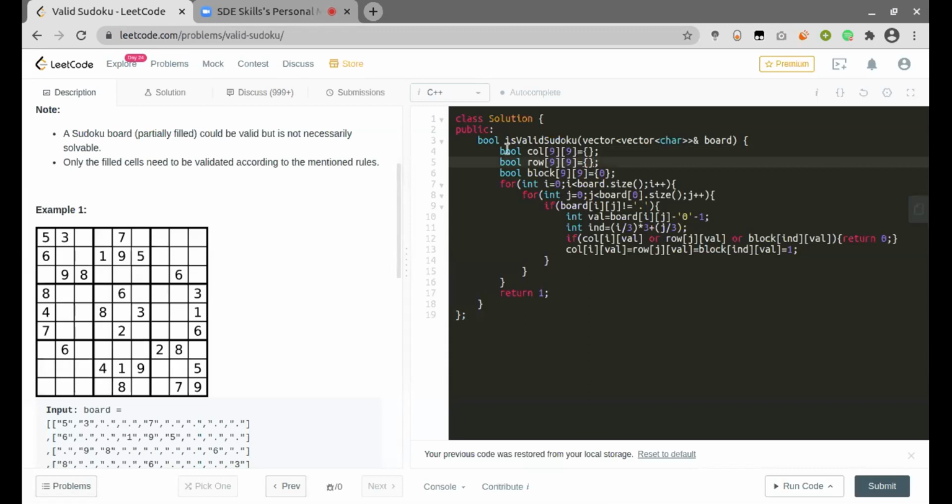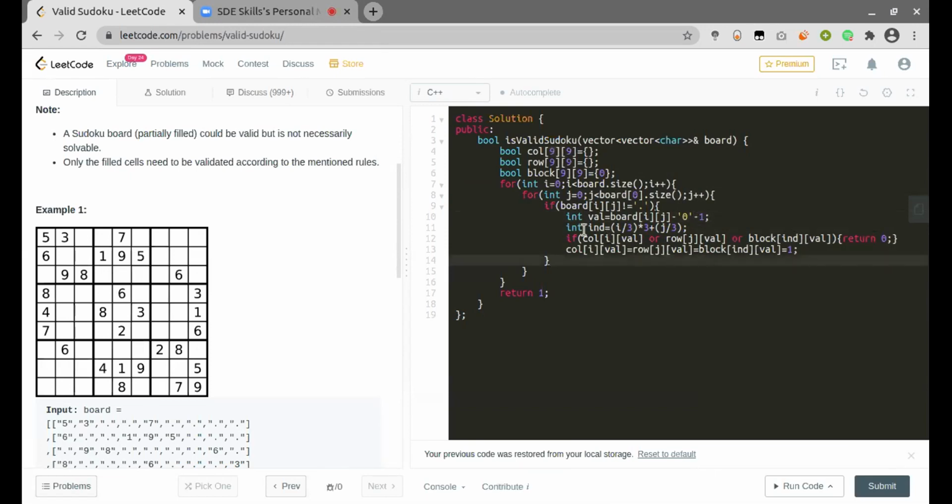All these matrices will be initialized with 0. Now I iterate through each value of the board, and first I find the particular value. Since the values will be in the range 1 to 9, but my matrix is 0 to 8 index only, I'll just do -1.